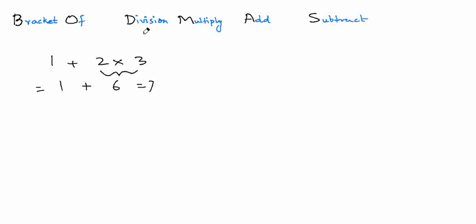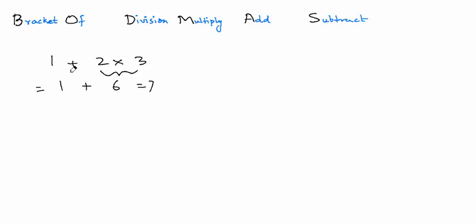Now I have to say here that division and multiplication have the same order. So it's not like division is done before multiplication. In a math expression, if there is only division and multiplication, you got to look from the left and move towards the right. Between division and multiplication, whichever comes first, you just got to do that. And the same goes with addition and subtraction. It's not like addition comes ahead of subtraction, they're at the same level. So you start from the left. If you come across an addition first, do that. If you come across a subtraction first, do that.